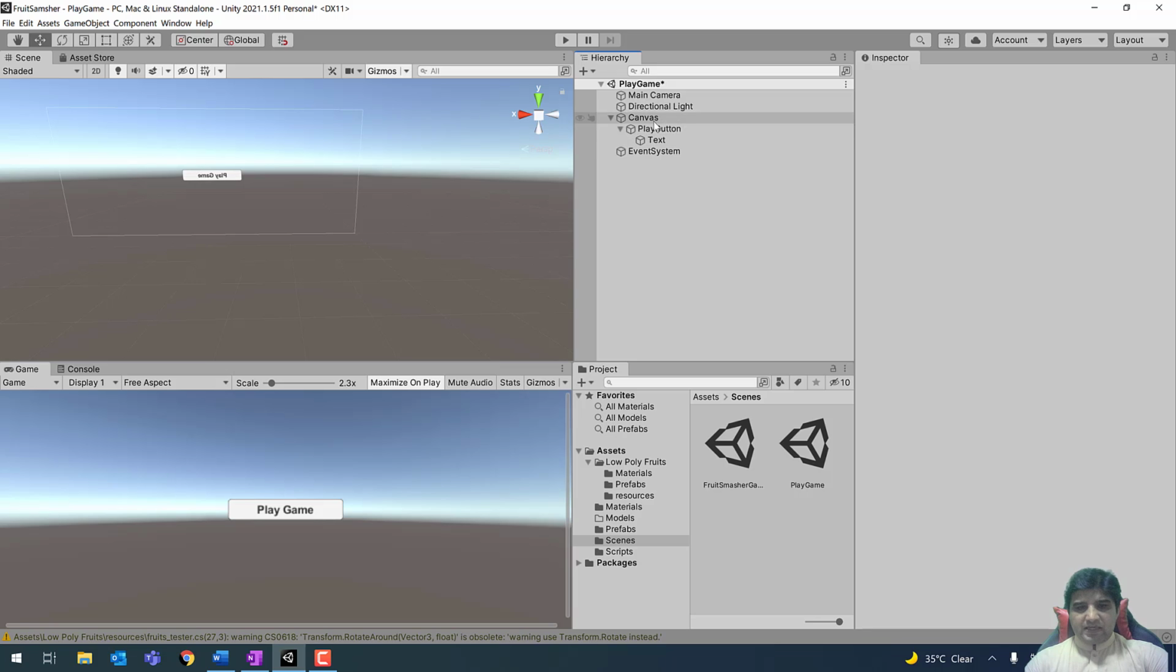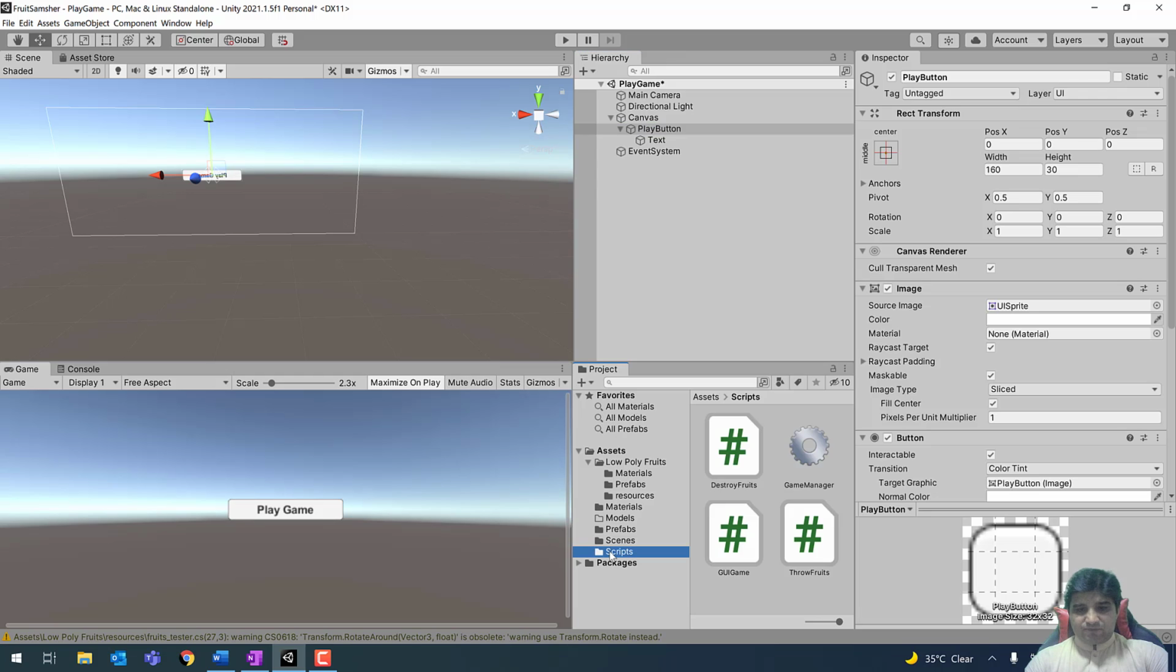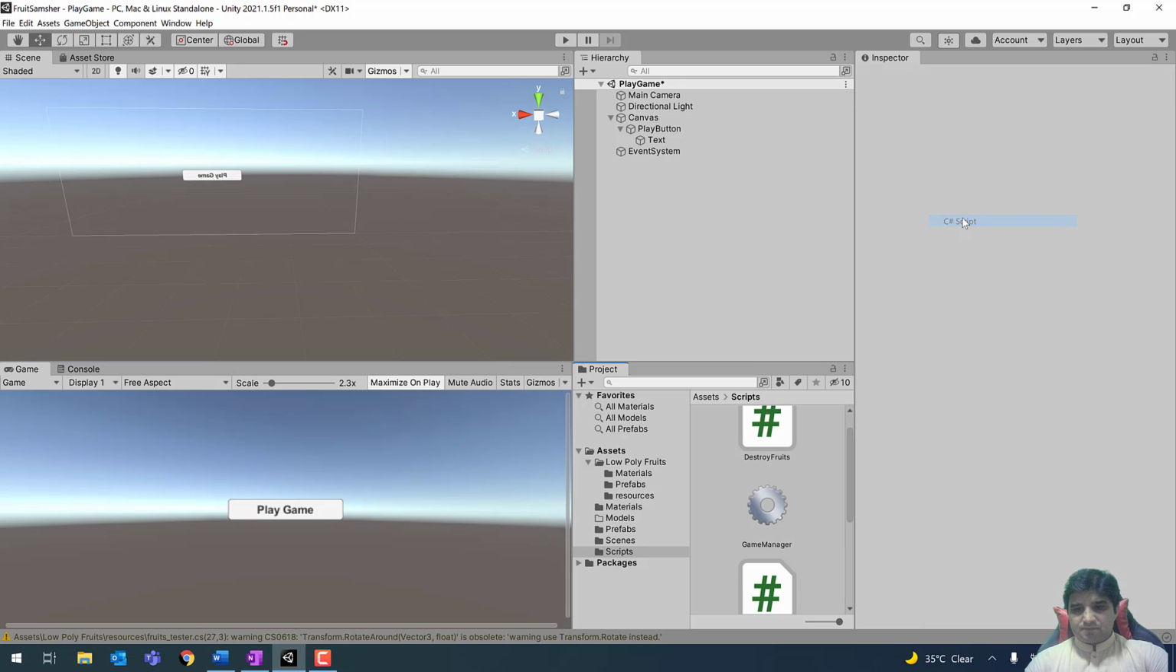So we have created a button and now we need to create a script for this scene, which is play game scene. So we will go to the script folder again and we will be creating a new script here. Right click and add a script here. And this script is going to be